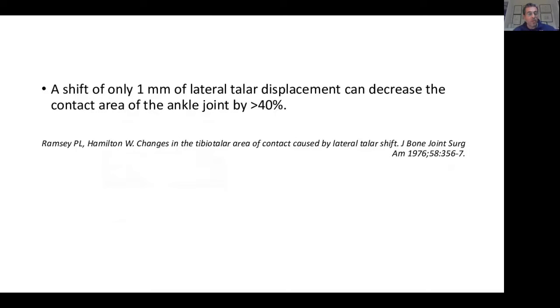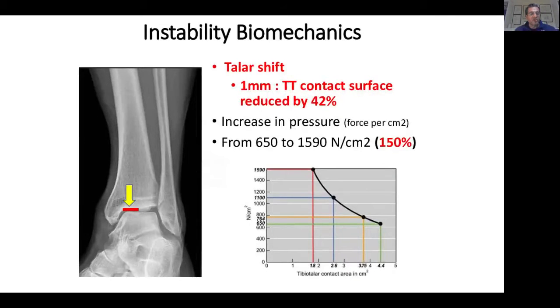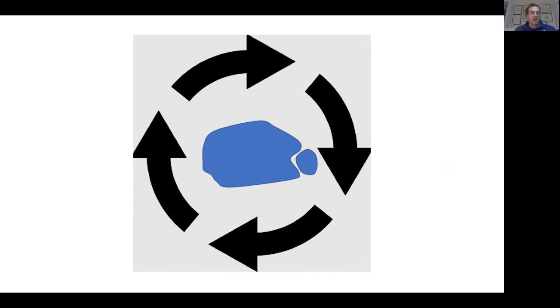We know from all the studies, and these findings have been confirmed with newer studies, that even a slight displacement of the talus within the mortise is responsible for a decrease in the contact area by about 40%, and that causes increased pressure in those areas, and that's the result of damage to the cartilage and development of arthritis in the longer term. And our ankle is subject to rotational injuries.